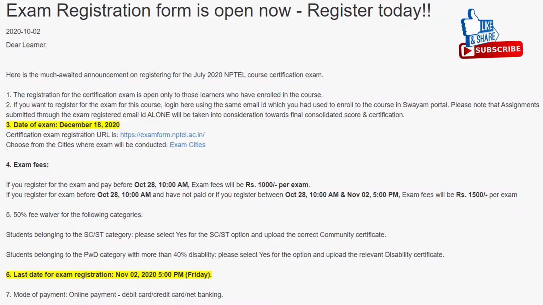Next, coming to a few more details regarding the exam registration. See, if you go to the announcements, it is visible here, and the registration for the exam is open, and whoever has enrolled for this exam can register now. The date of the exam is December 18, 2020.